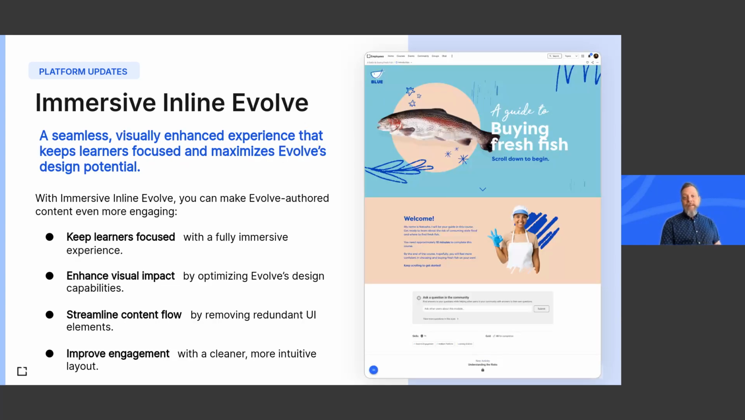But before we do that, I wanted to talk about one more thing that we're doing for learners. And this is something we've called Immersive Inline Evolve. Let me talk for just a second about Evolve. I think many of you are already aware that Evolve is Intellum's advanced content authoring tool. So you can author content natively in the Intellum platform. You can also use Intellum's standalone tool called Evolve, and you can create much richer, more accessible, interactive, richly data tracked courses in Evolve than you can in the Intellum platform or really any native content authoring tool